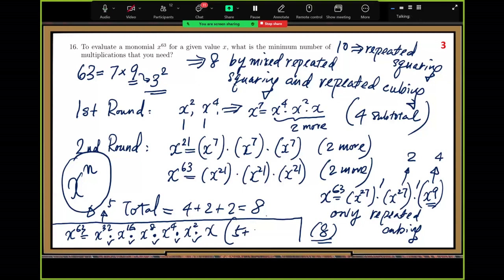Then the second round, you need a 5 more. So you get 10 multiplications. It's bigger than this new method, right? New method, we need 8. So the old method, you need a 10. And we should choose the one with the minimum number of multiplications. So that's the reason most students give me